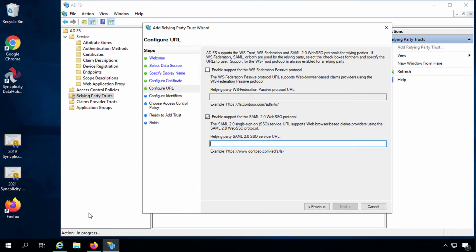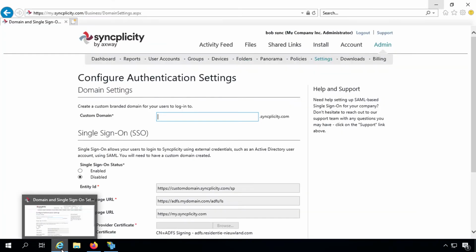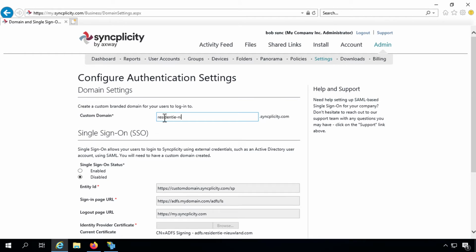For this, I will navigate to the admin console of Syncplicity. Under admin settings, I will create my custom domain, which is usually your organization name.syncplicity.com. I'm going to temporarily enable this. For the entity ID, I will just use my custom domain, my